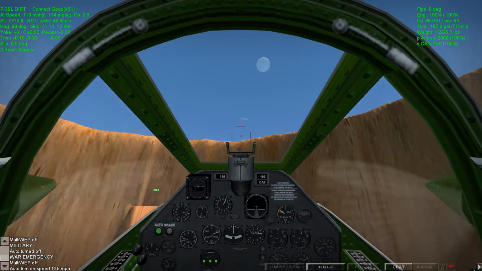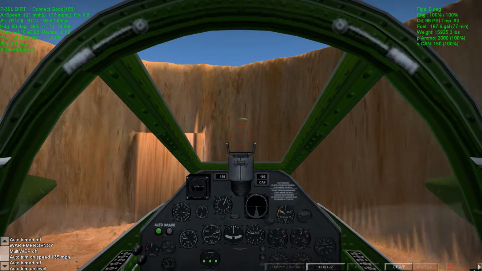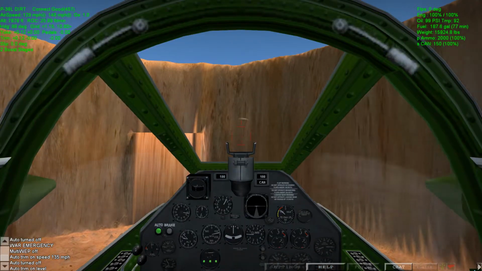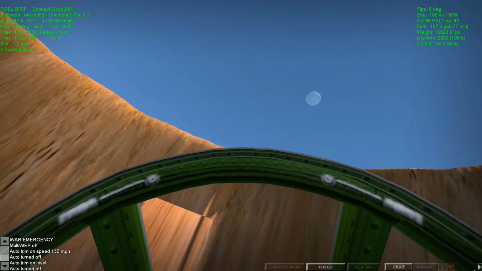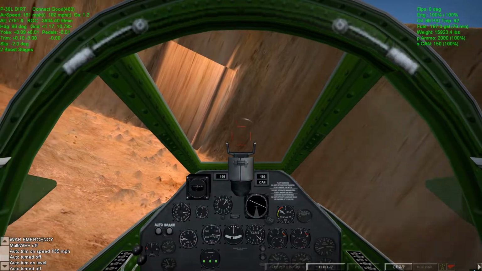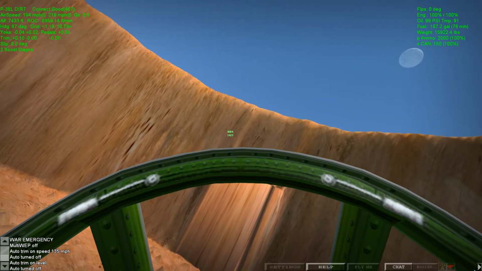I'm at 100% on the engines. That's actually cooling them because it's not at military, it's unboosted. You can see the temperature dropping down, and I've got to keep an eye on that as I fight. I'm trying to get some airspeed back here. So I'm going to fight him fast,